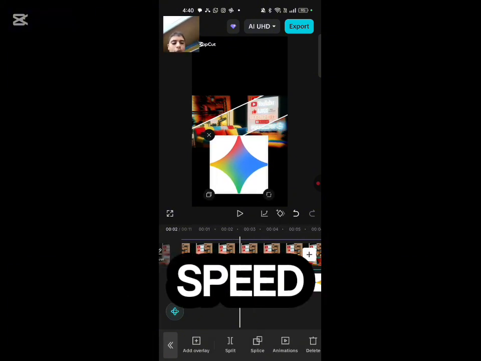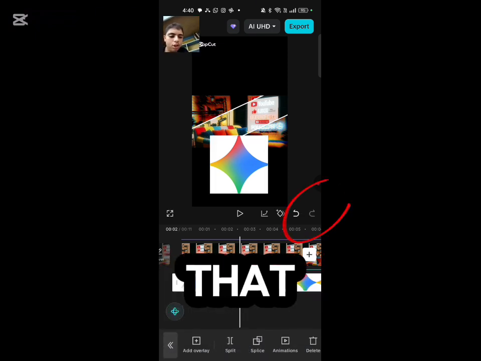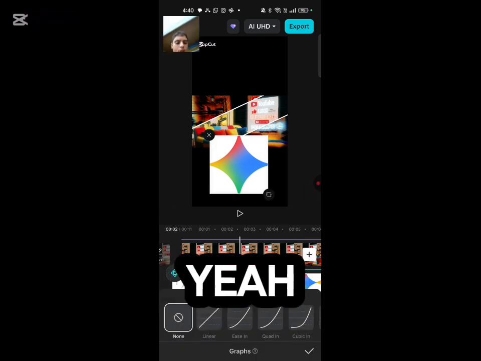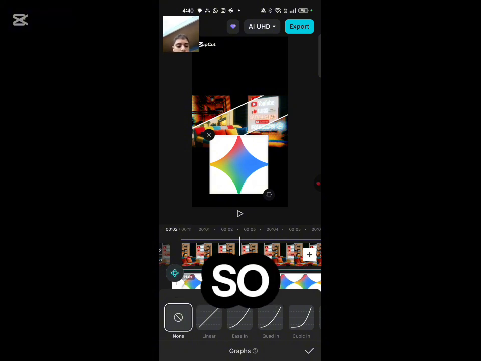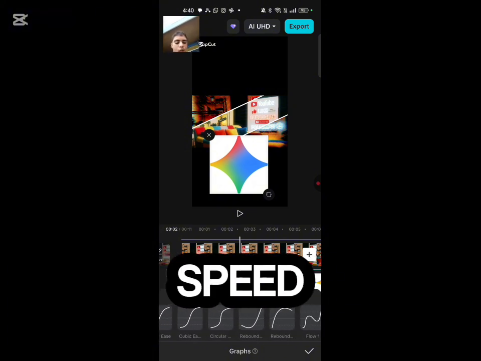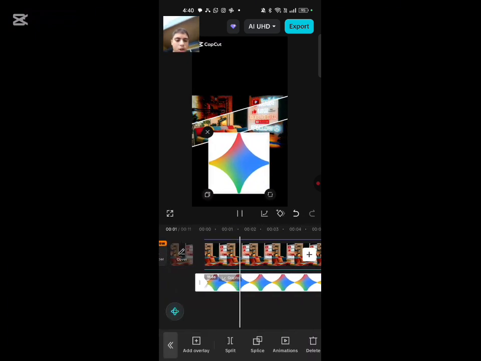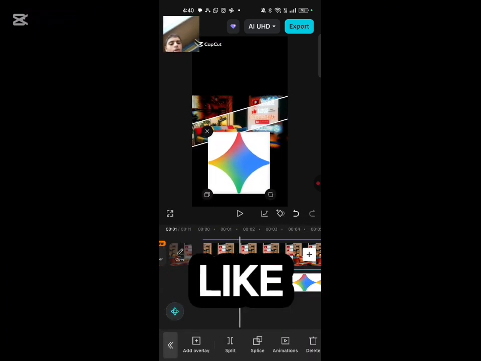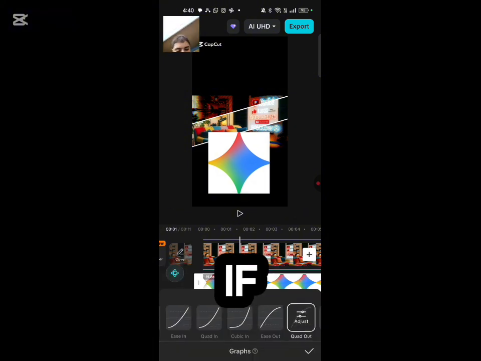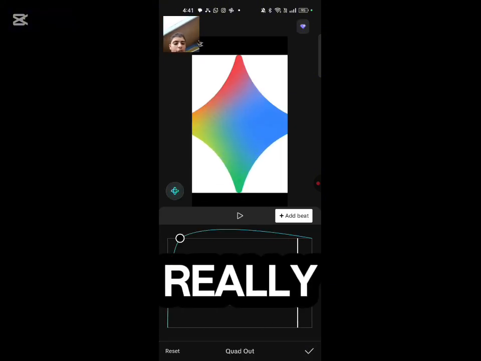You can also change the speed if you want to. Just press on this little graph button. You see that graph button? Okay, so you could choose the speed. Let me just choose the most famous one, quad out. You can also adjust it. If you press adjust, now you could add the beat. So if I want to make it really fast,